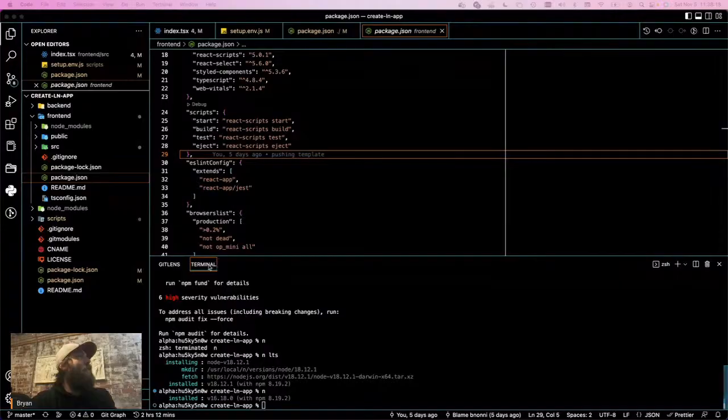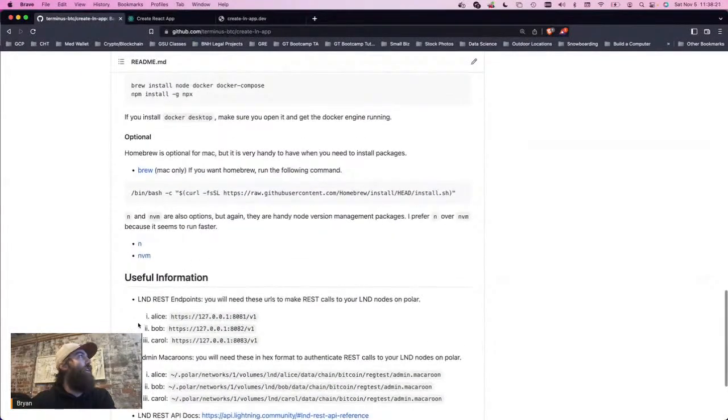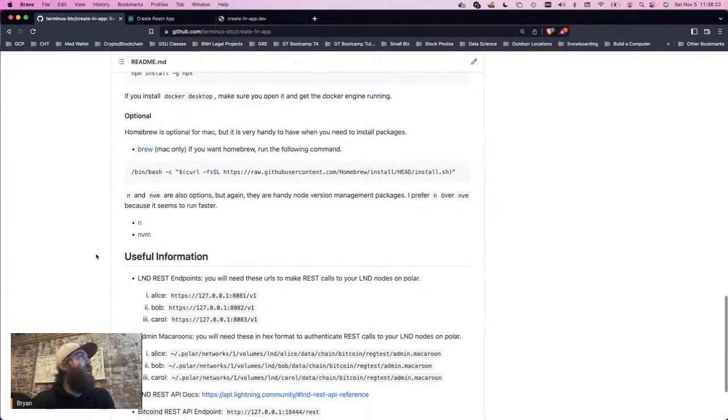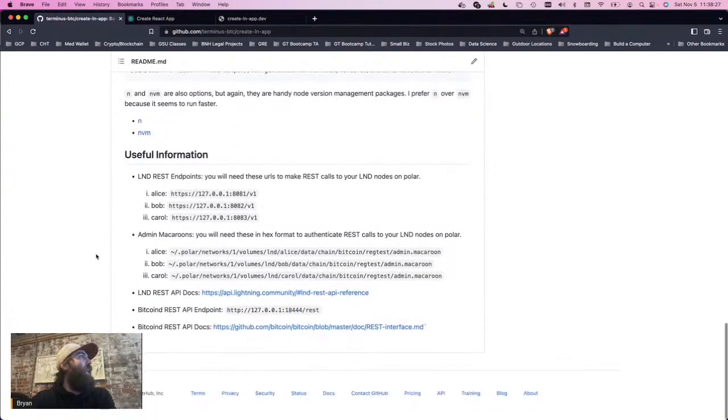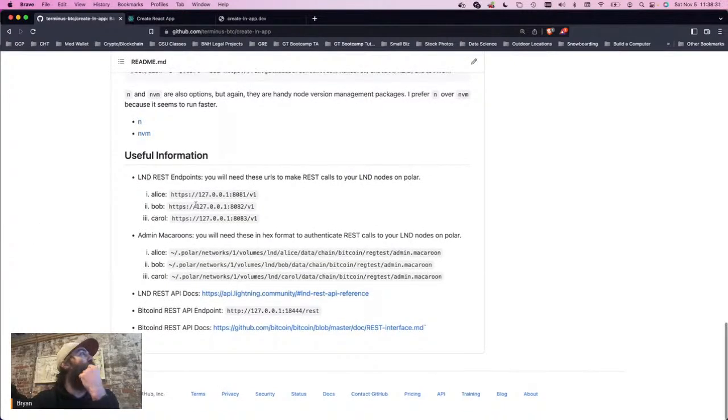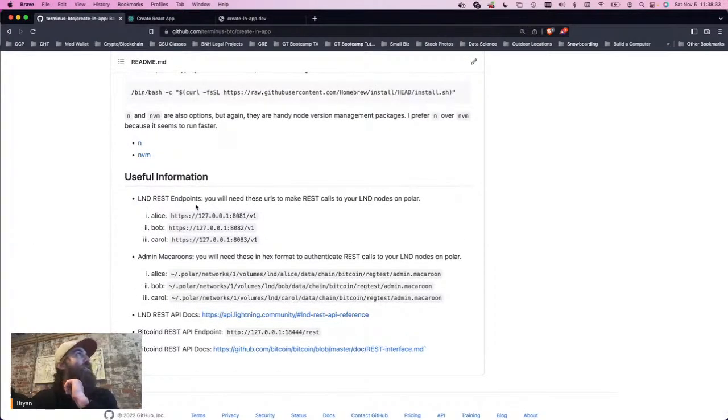So I would recommend installing one of those. Makes life super easy. I like N personally. NVM is a little heavier. It seems to run a little slower, and N runs really fast. So yeah. And then here in the useful information section,